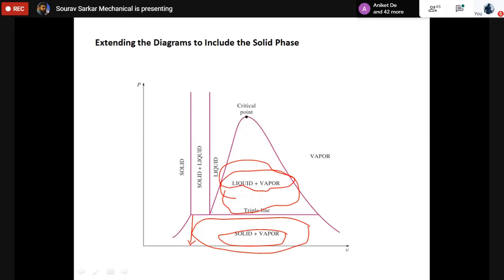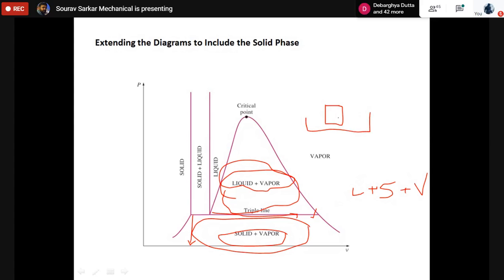It is said that along this line, the liquid, the solid, and the vapor can coexist simultaneously. So basically it is telling you a condition where,